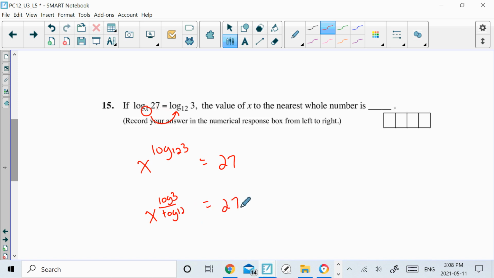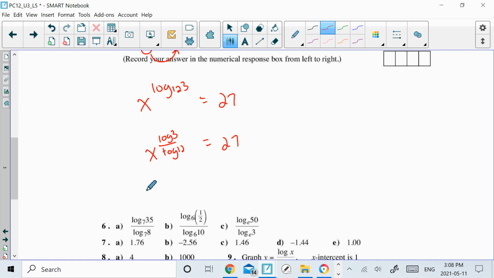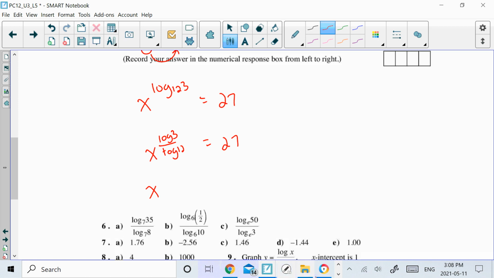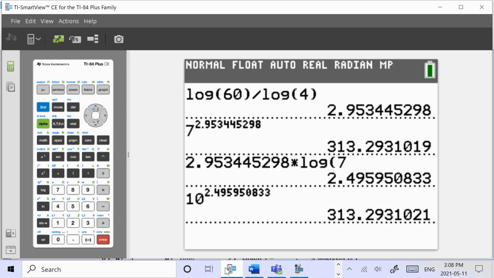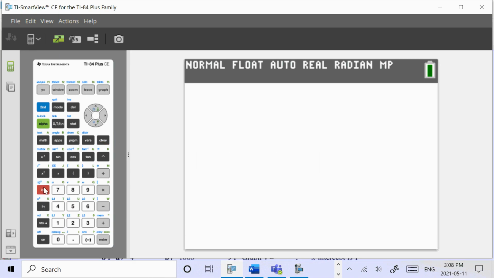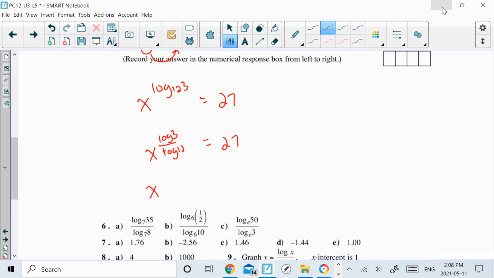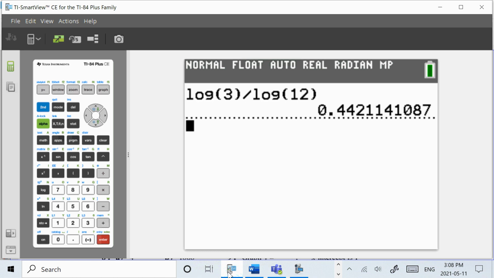Is equal to 27. And then I'm going to do x to the power of, I need to figure out what the log of 3 divided by the log of 12 is. So on my calculator, I would get that answer there. This is one of the methods that I've seen students solve this. So x to the power of 0.442